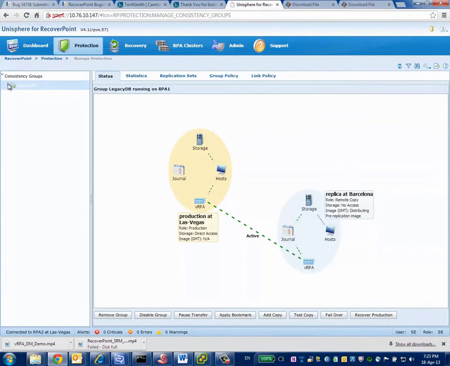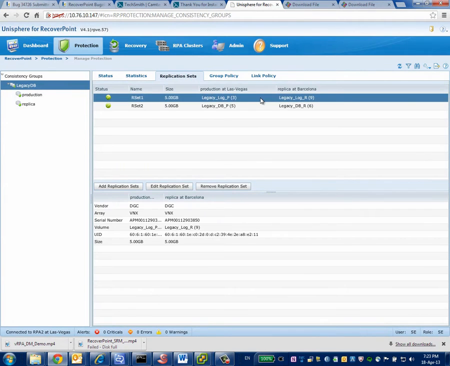This is a quick demonstration of software-defined data protection. With RecoverPoint 4.0, EMC introduced the capability to have virtual RecoverPoint appliances, so software-only appliances. And what we're going to demonstrate here is taking this capability to a whole other level. You can see that we have two sites using virtual RecoverPoint appliances to replicate between VMworld Las Vegas and